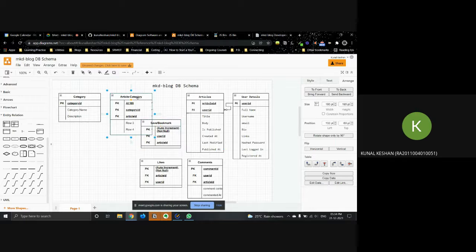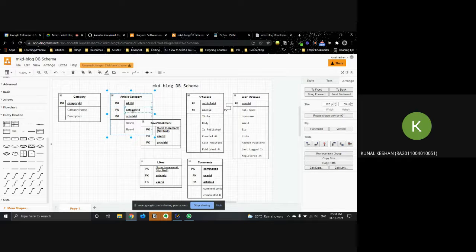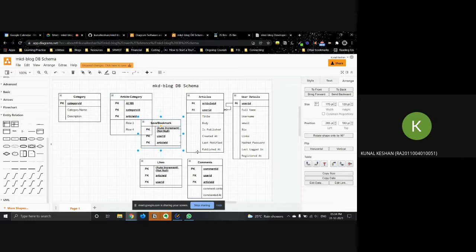So I can just create a common article category table where I can put a query saying, hey, I want all the articles with the category of web development or technical, and just get it from this table. Otherwise, I have to write a complex query, but in this, I can just put a where as well. So I'm creating an intermediate table for both, so data doesn't get repeated over here.